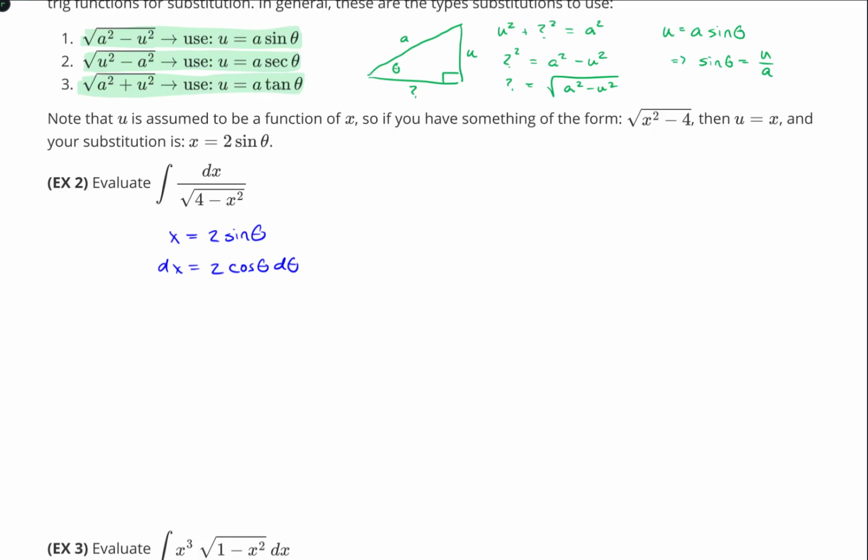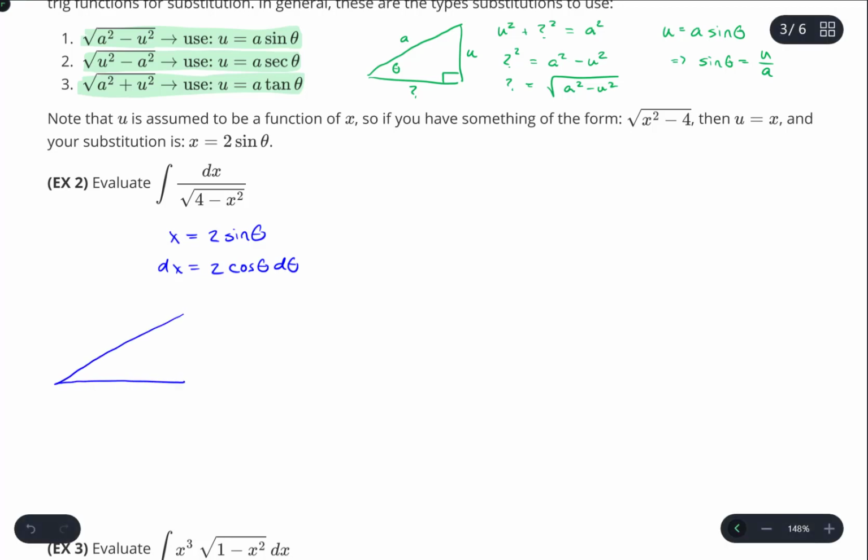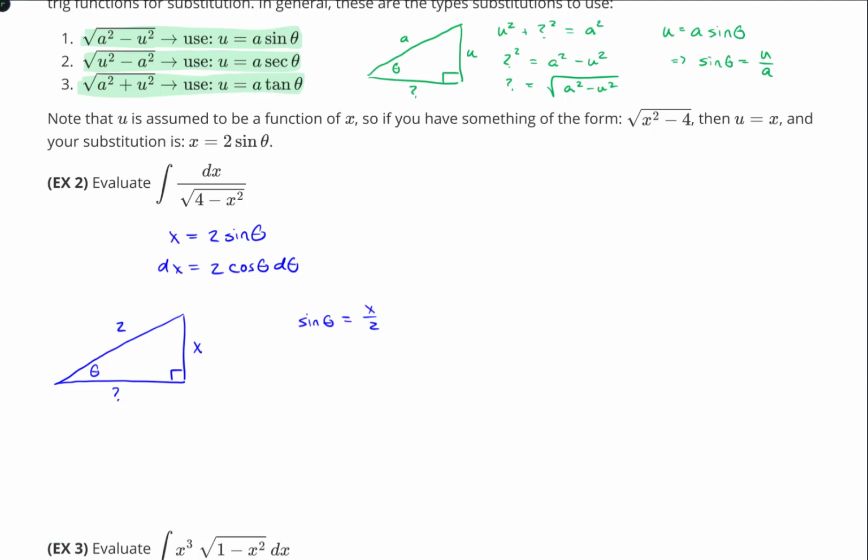But I really generally prefer using the right triangle setup to help with the substitution. It's up to you, though. So if we're saying that x is 2 sine theta, then another way of looking at that is sine theta equals x over 2. So if I call this angle theta, then the opposite side from that would be x, and the hypotenuse would be 2. Now if I solve for this remaining side,